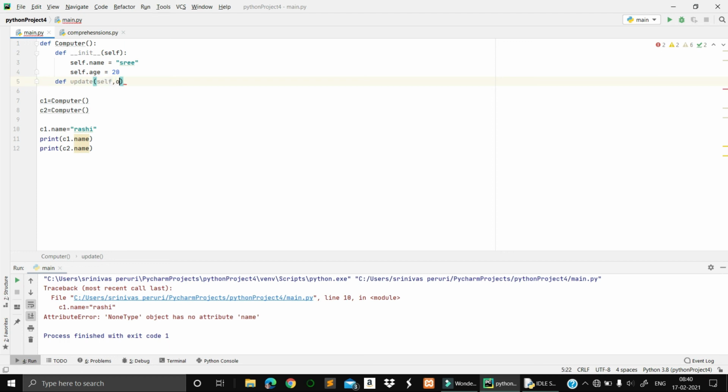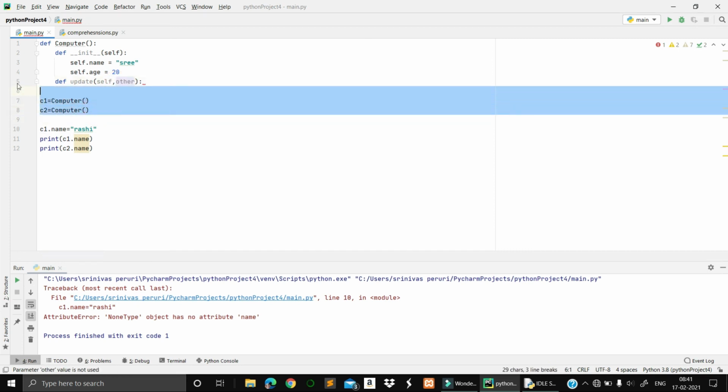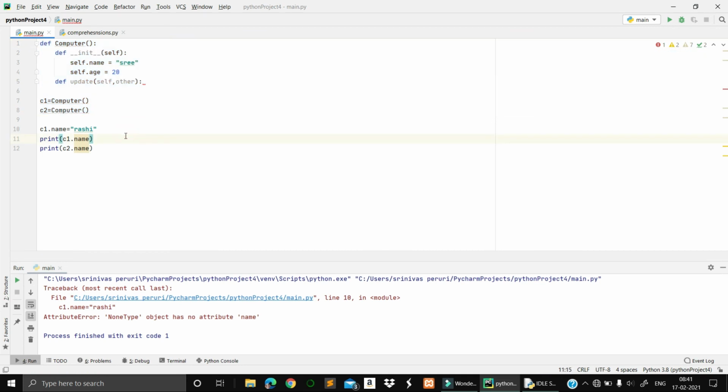So in such a case, I need to compare one with another, right? So you need to pass two parameters, self and other. This self will tell which thing I need to compare. If we need to compare one thing with the other, then this self will point to c1 and this other will point to the remaining object. So this self is a constructor which will take the initial argument. Self is taking the c1 argument and other will take the other argument, and it is comparing with the help of both. I hope this is very clear.